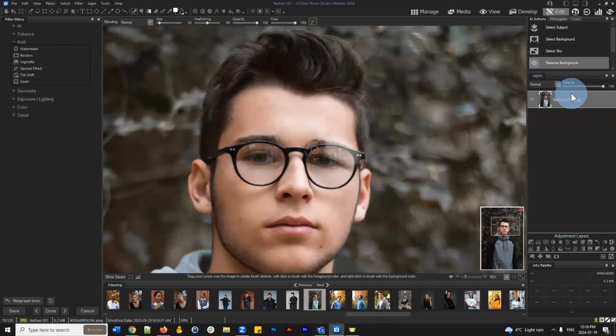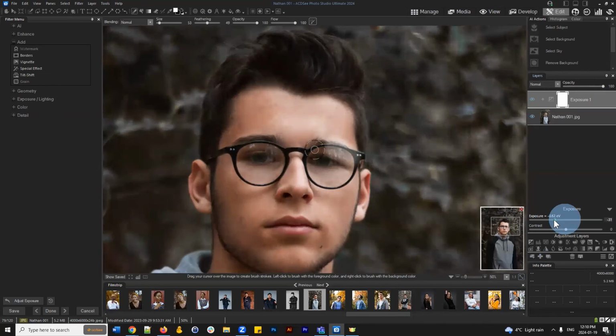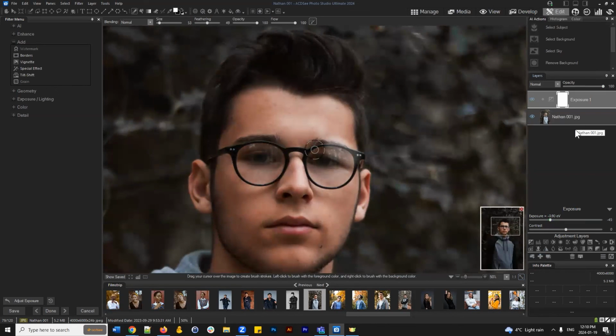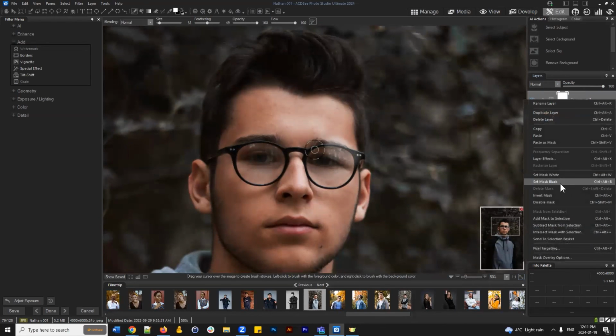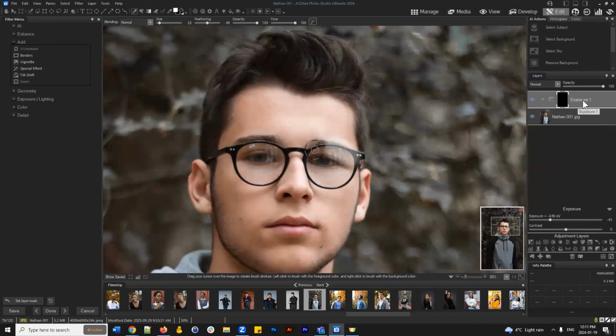Let's see if I can do this. My suggestion would be to do this. You want to burn that area, right? You want to do a dodge and burn effect. So I think what you want to do is go to exposure, reduce the exposure, and then take your exposure and make the mask black. What that's going to do is basically hide that effect in the areas that appear in black in your mask. And then you're going to want to paint on